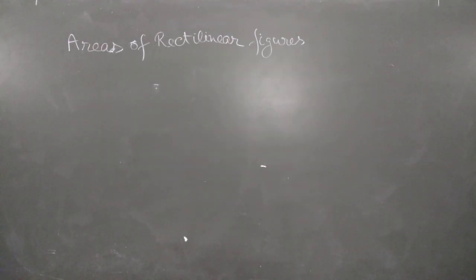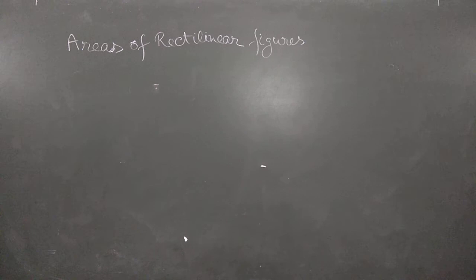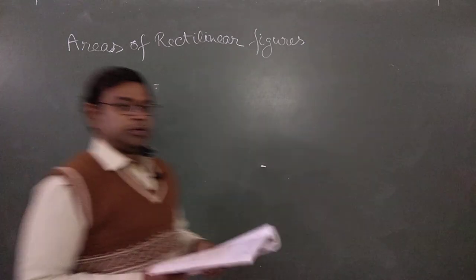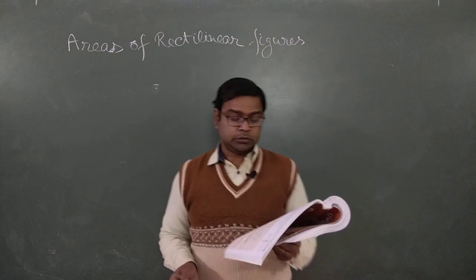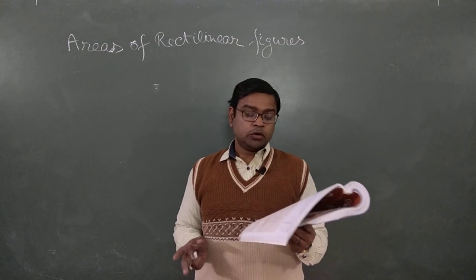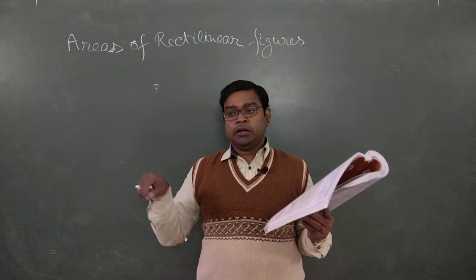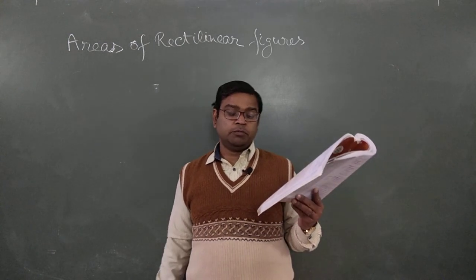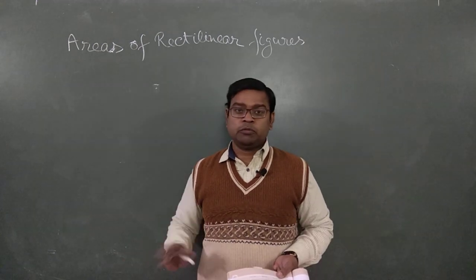Now I am going to discuss one question which is a part of volume and surface area, but it is given in this part because the question asks you about surface area. So let's start. An open tank is 3 meter long, length is given, 2 meter wide, breadth is given, and 1 meter 50 centimeter deep, a height or depth is given. The question says find the amount of paint required to paint its inside and outside. From both sides we have to paint it.